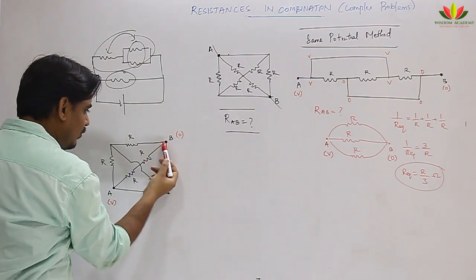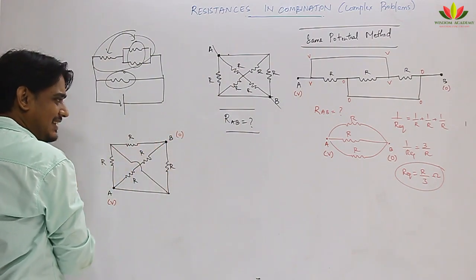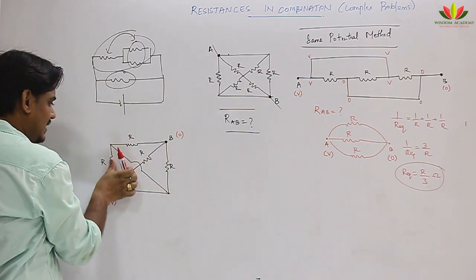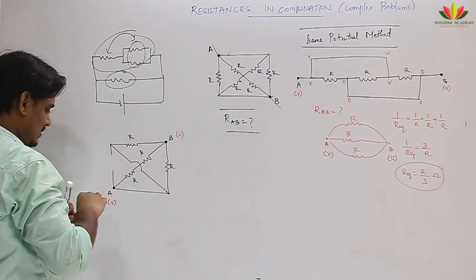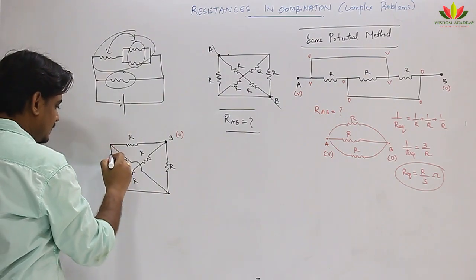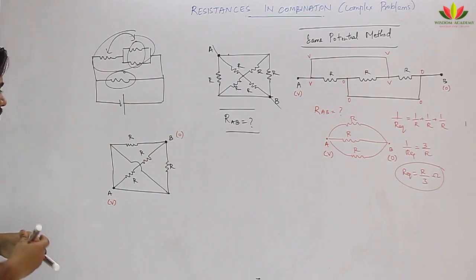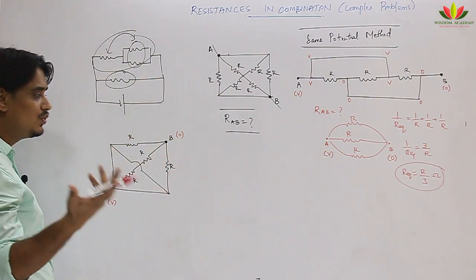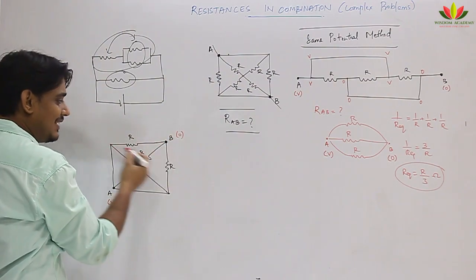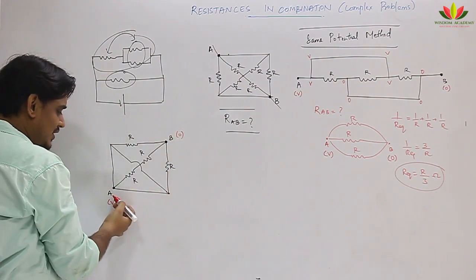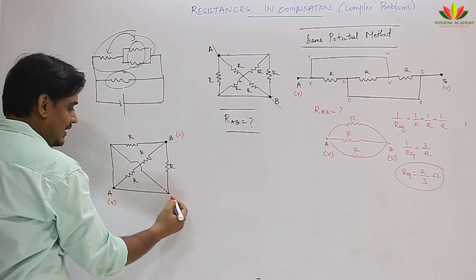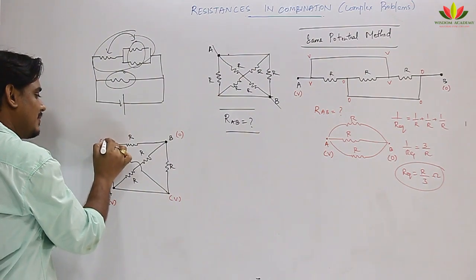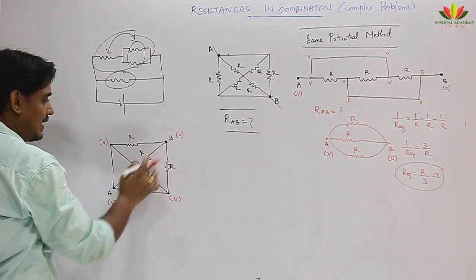See B, move here, drop is there, so I cannot take this as 0. Here if you move, again drop is there. Here if you move, again drop is there. Let me assume this also, there is no resistance here. So now B, wherever I move, I see some drop. So there is no use of writing B anywhere else or 0 anywhere else. But A, if you see, this point is V. If you go here, this point will be also V because there is no appliance. Again here also this point will be V. So all these points are V, V, V, and it is 0 here.